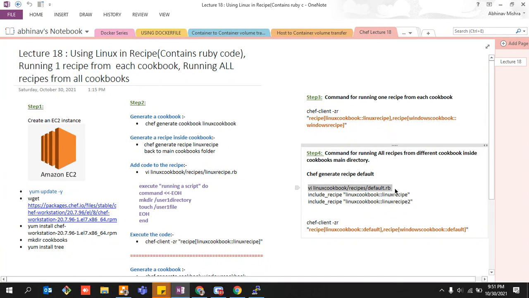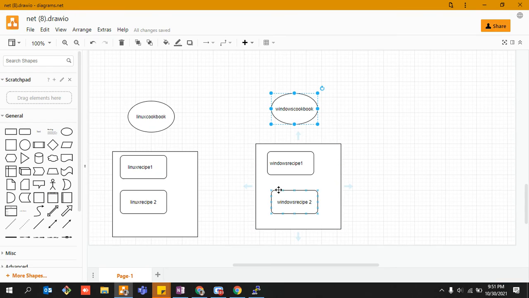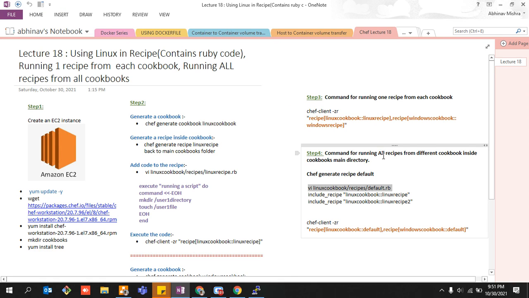So what this default is all about, I'll quickly show you guys. But the only thing is that both the recipes have been run already. So again, I have to go ahead and create one Linux recipe 2 and Windows recipe, let's say 3, and then whatever would be over there, it will simply run. This may take a little bit more time. At this point of time, you guys can also do it. I think you guys should do it as homework, and just let me know if you are able to do that. I can do it, and I will do it in front of you guys.